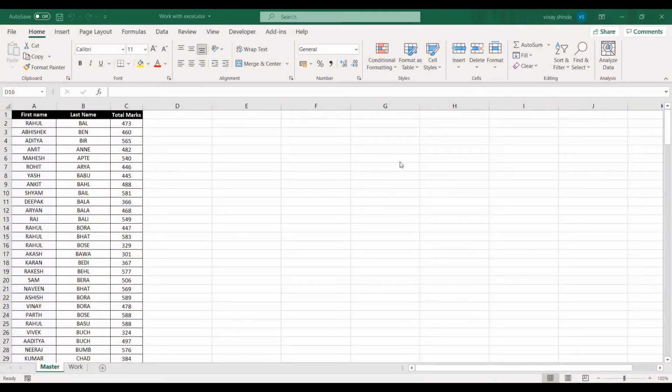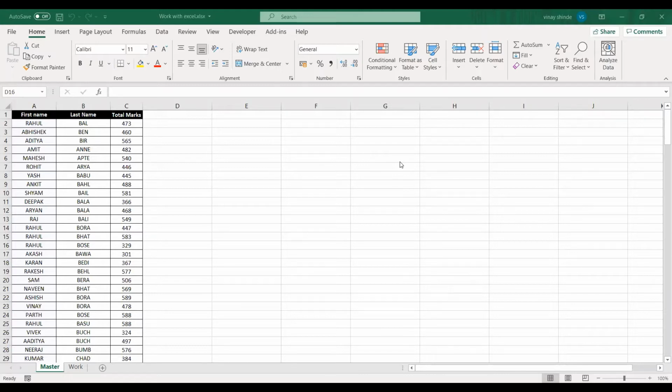I'm planning to bring a series of various functions and formulas in Excel, which are used quite often. Excel, as you know, is the most powerful tool available around us, mainly for two reasons. The first one, it's available worldwide and very easily.